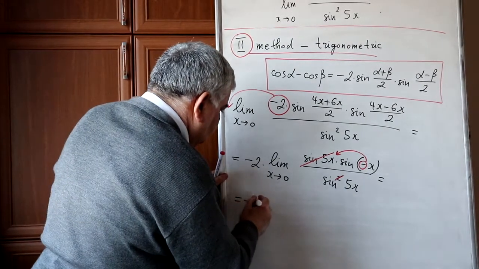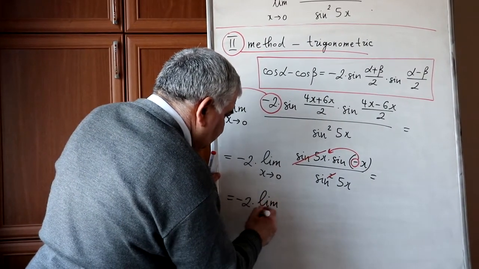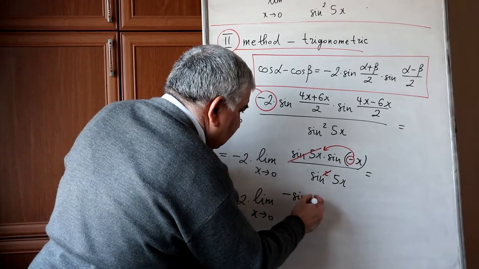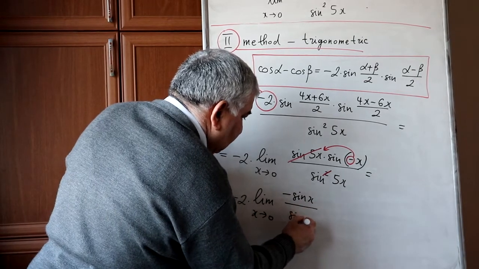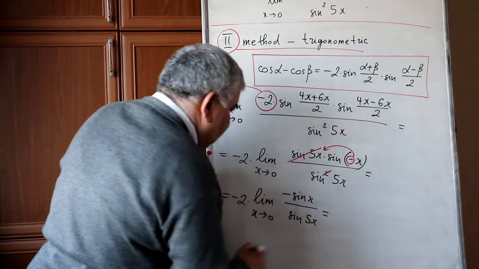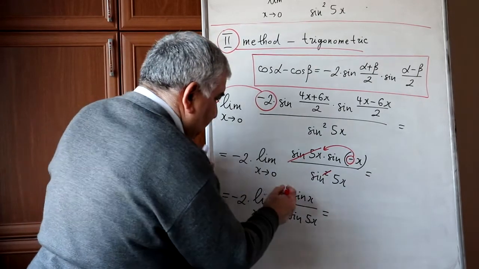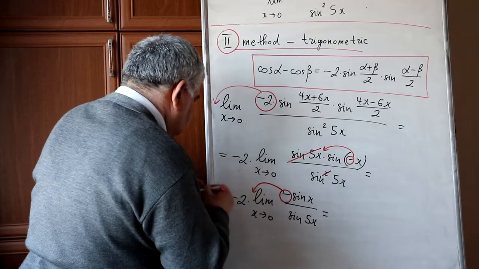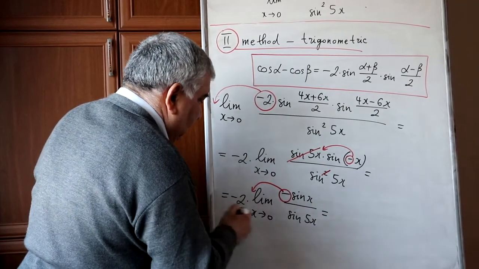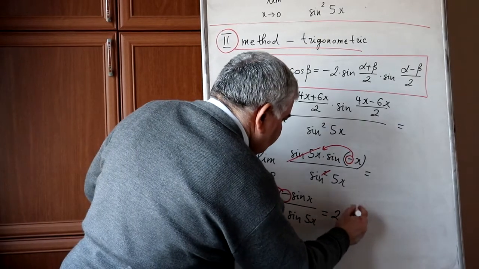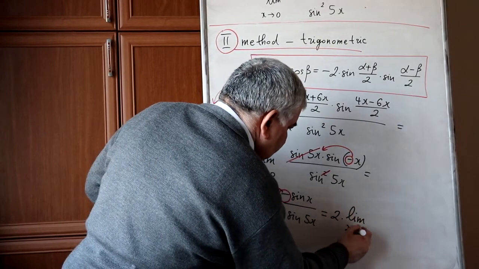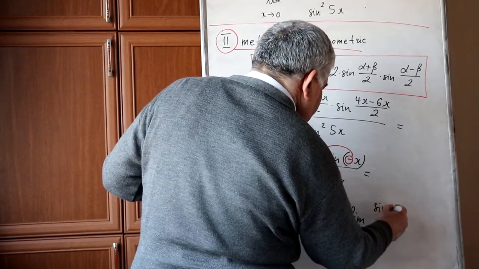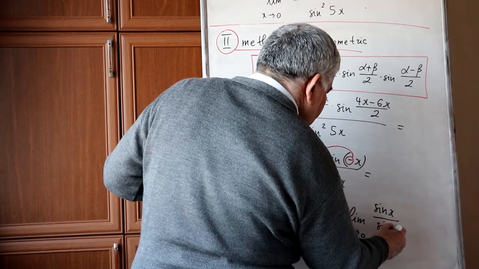Minus 2 multiplied by limit when x tends to 0, minus sine x over sine 5x equals, and then we can take the negative sign also out of the limit symbol, and in result we will obtain simply 2 multiplied by limit when x tends to 0 of sine x over sine 5x,